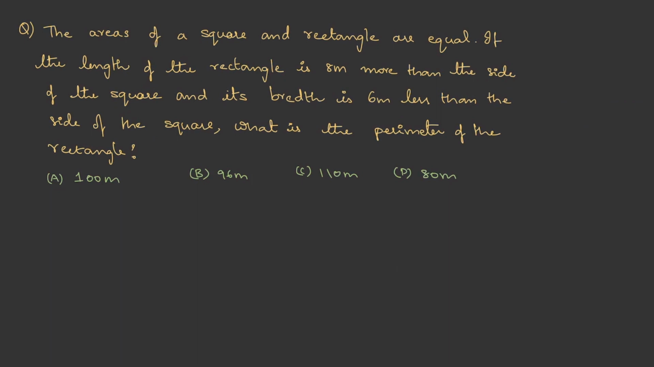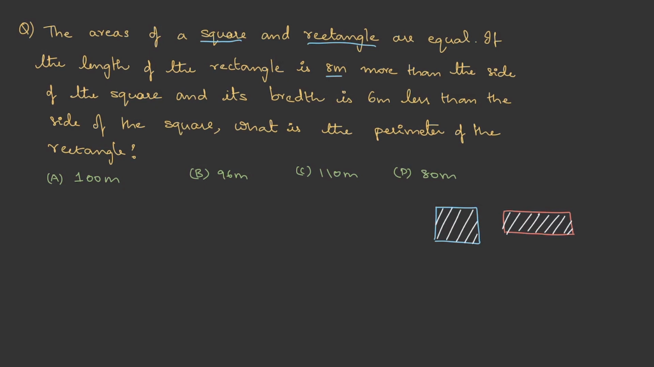The areas of a square and a rectangle are equal. If the length of the rectangle is 8 meters more than the side of the square and its breadth is 6 meters less than the side of the square, what is the perimeter of the rectangle? So here they have given two things, one is a square, the second one is a rectangle. Then they said the area of the square is equal to the area of the rectangle, but they did not give